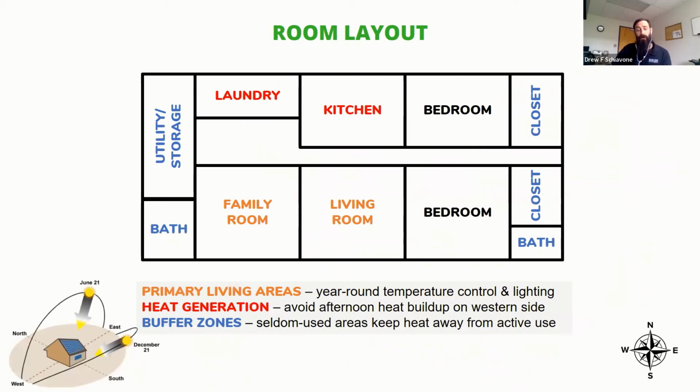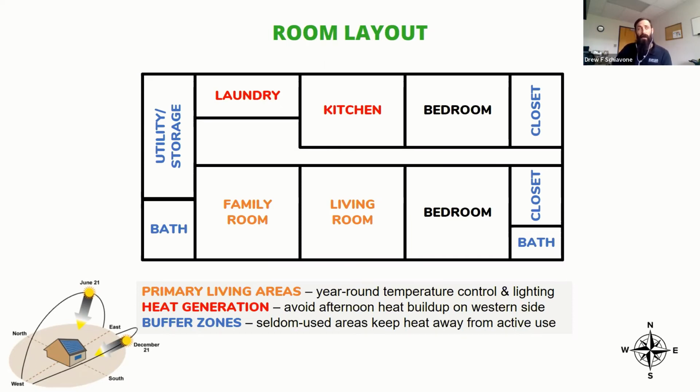Room layout also has an impact as well. And so when you're looking at a house, maybe to purchase or to rent, you want to pick one with a good room layout in terms of managing the heat. I'll give you a couple pointers here. The primary living areas like the family room and the living room should be towards the south of the house. And again, that gives you better management of the sunlight coming through the south. It gives you better management of the